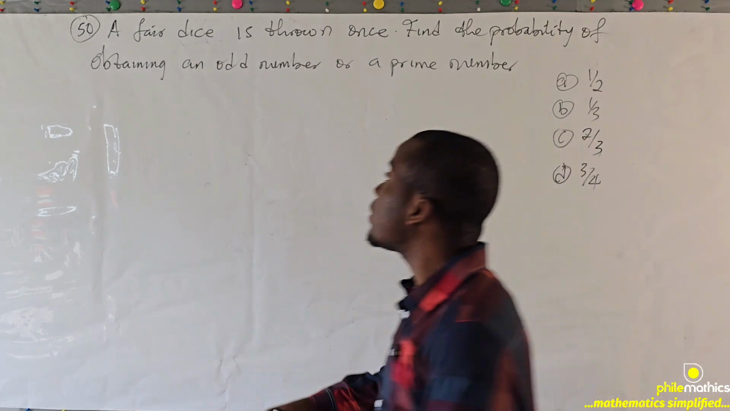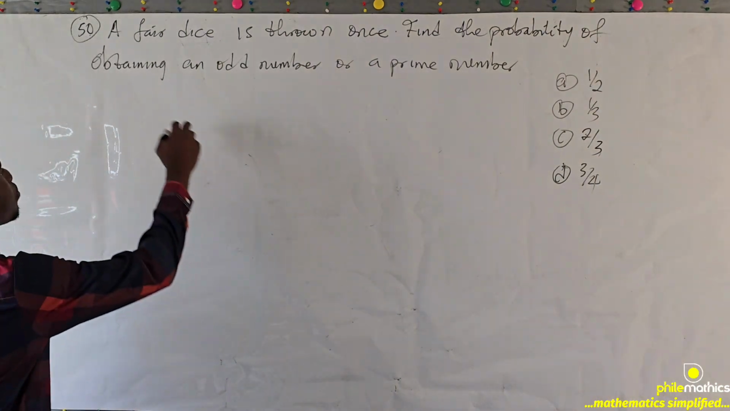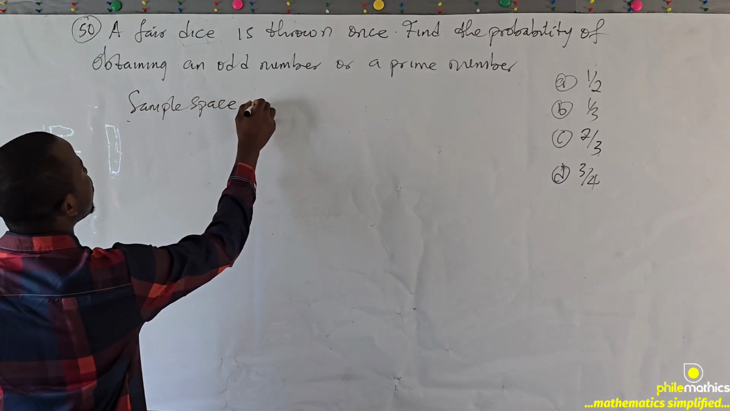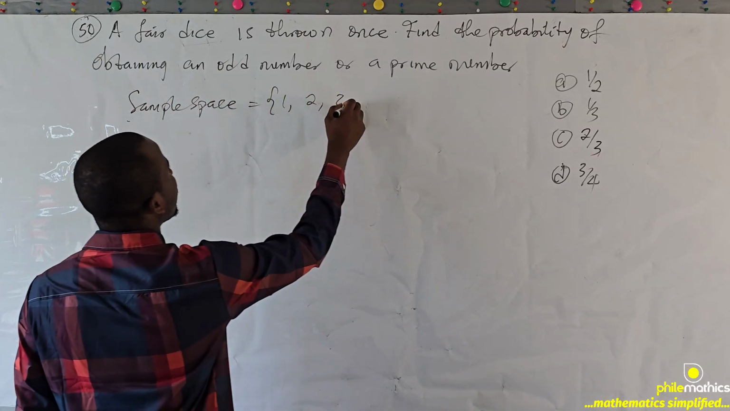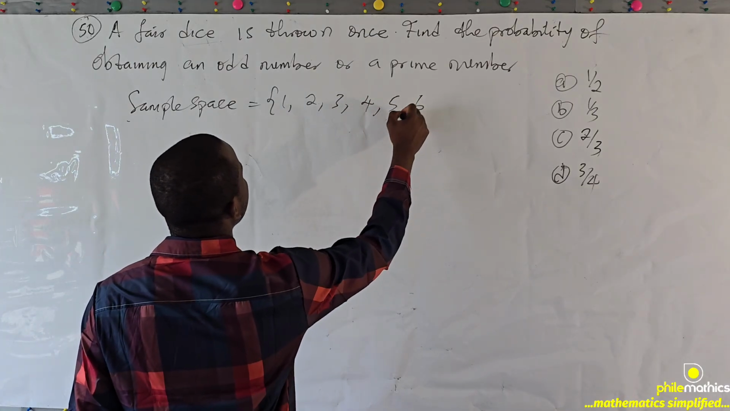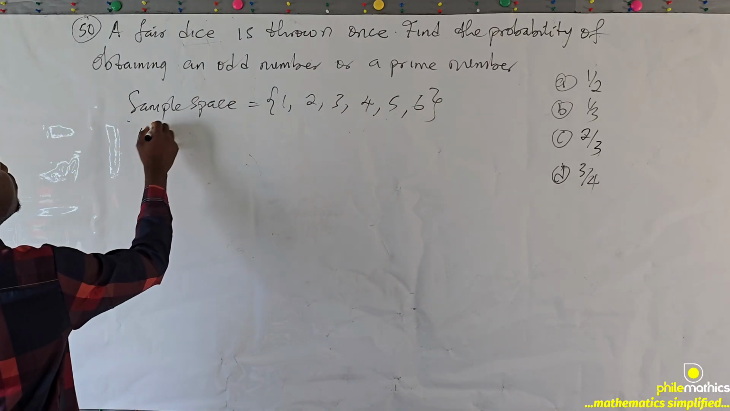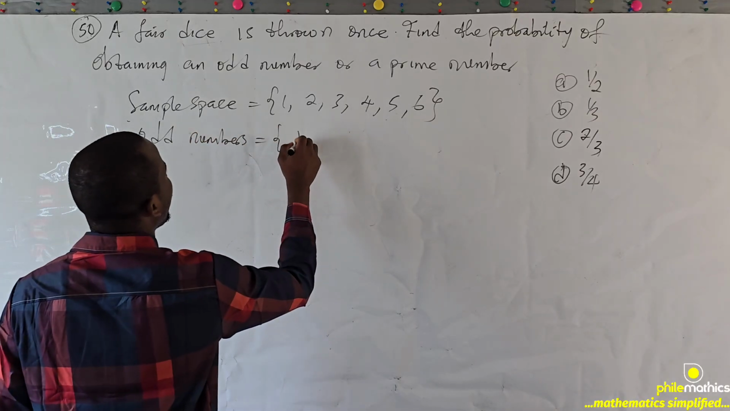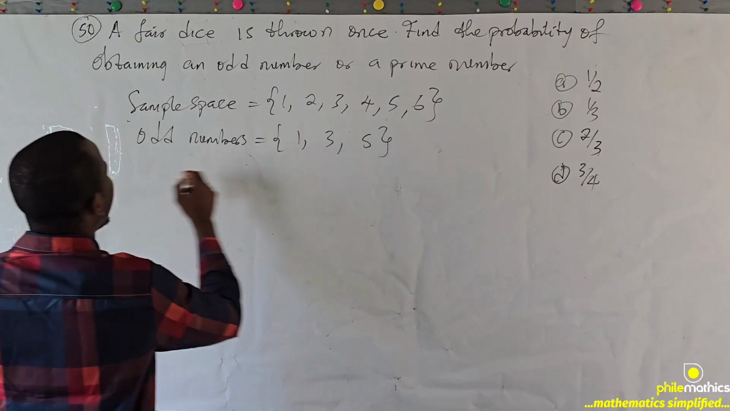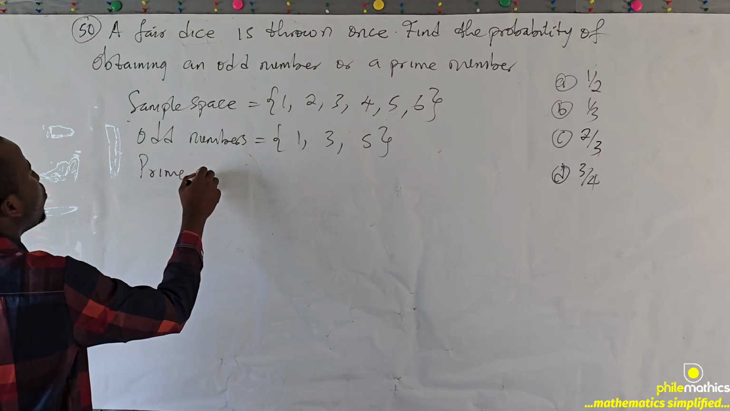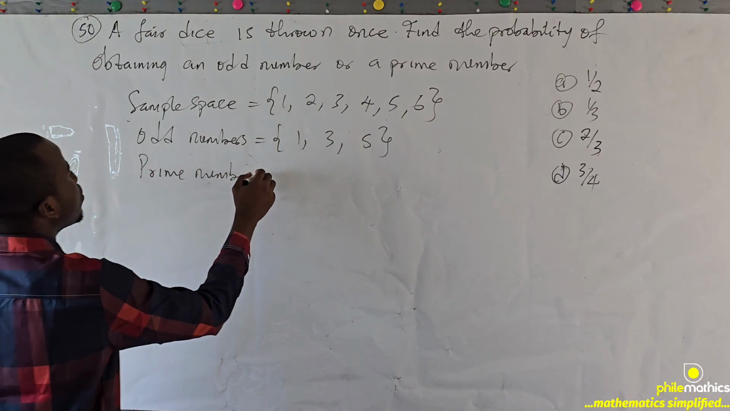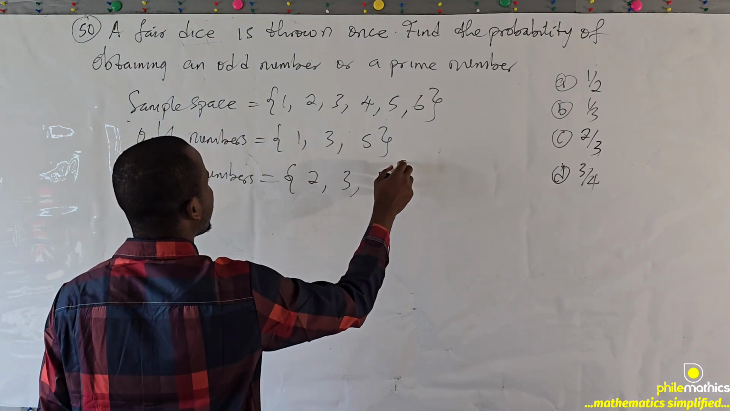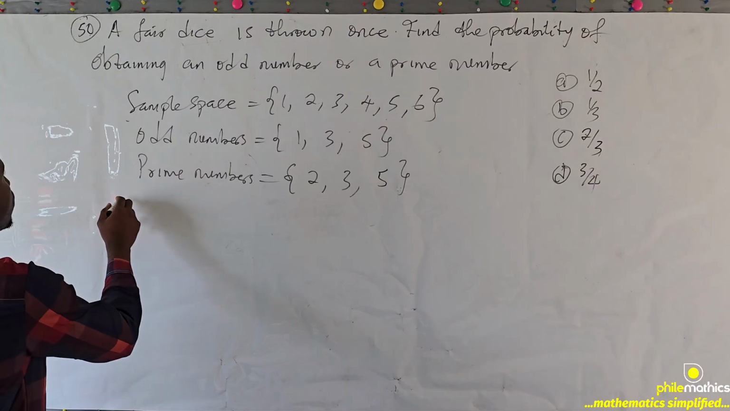So let's first of all list all the possible outcomes. Our sample space is the set 1, 2, 3, 4, 5, 6. Odd numbers are simply 1, 3, 5, and prime numbers are simply 2, 3, 5. We are asked to look for the probability of